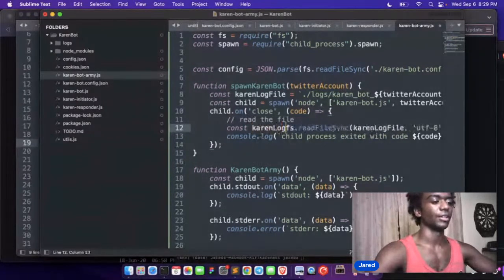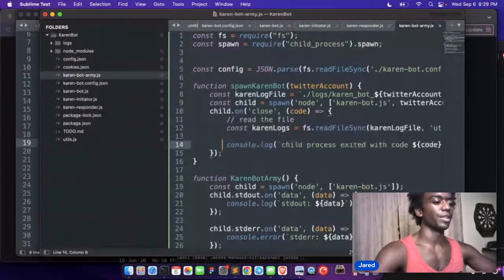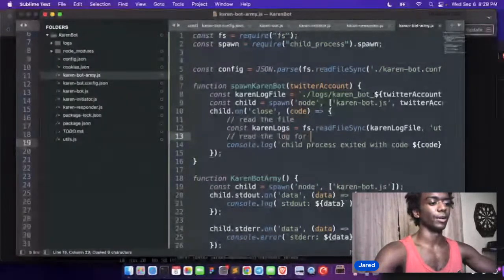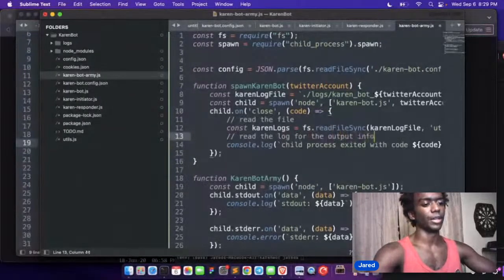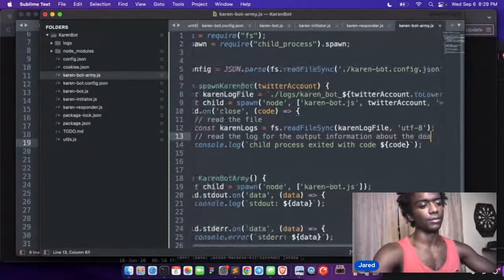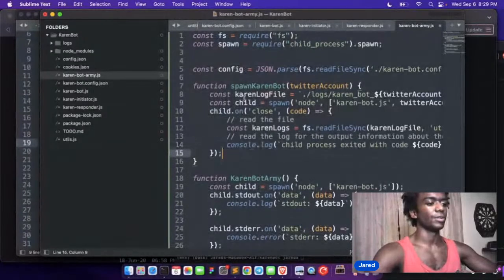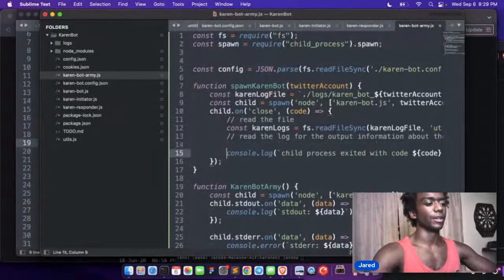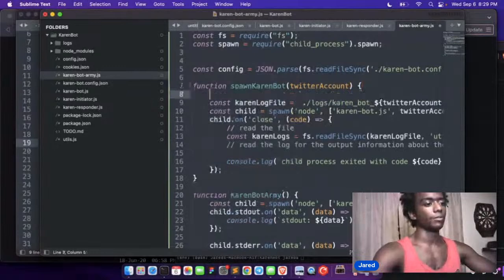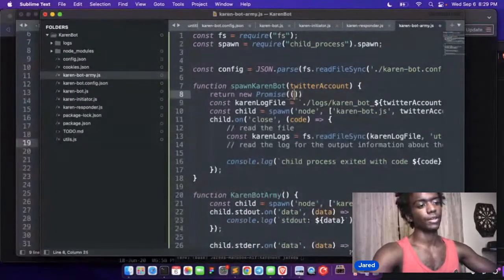All right, so Karen logs. We're gonna read this log. We'll do this in a sec, but we're gonna read the log for the output information about the deal. Okay, so this spawns it, and then let's actually return a promise here because